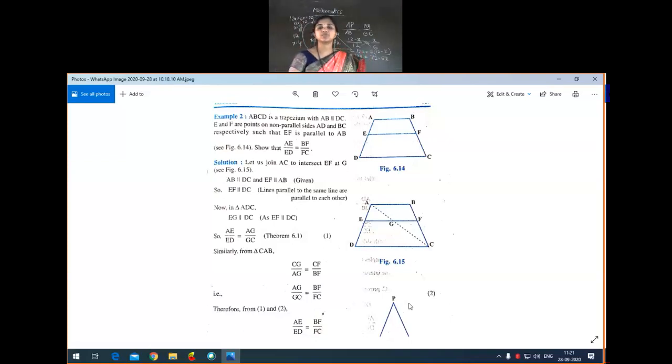In your textbook there is one more example, example 3, that is also a very simple question. You just go through that problem. If you are having any confusion, you can discuss later. This is the end of the example section. Now you are able to solve the second exercise of the BPT theorem. Whatever I shared today, I'll send in your WhatsApp group. First write all the examples, and after writing the examples, you start with the exercise part.